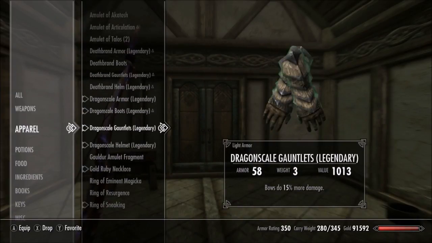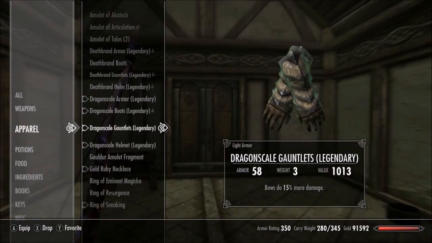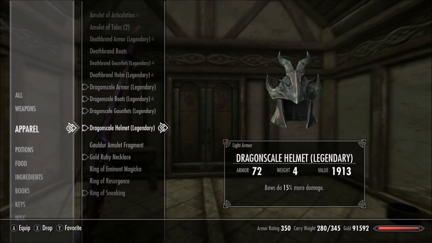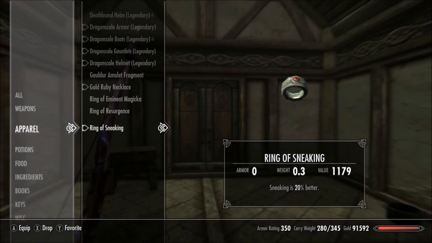I have my helmet and my gauntlets both do 15% more damage with bows. So that's 30% more damage with bows. Sure, if you leveled up your enchanting skill more, you could probably get 25% more damage with bows, and then put a ring and a necklace on, which I have the necklace for bows, and then I have this one